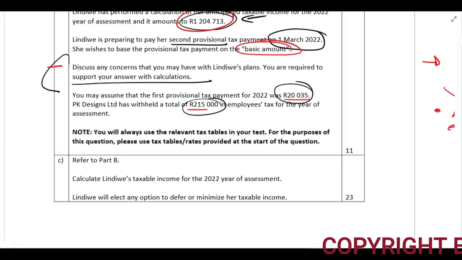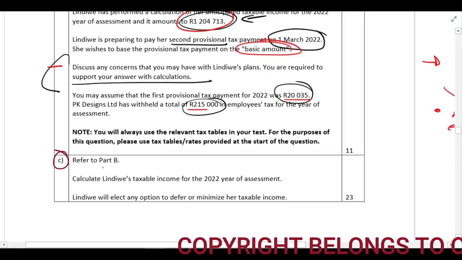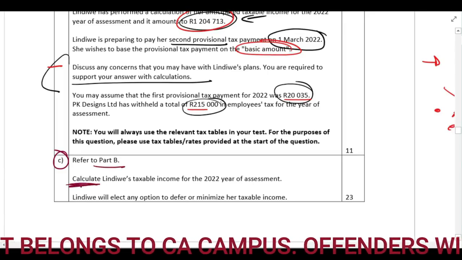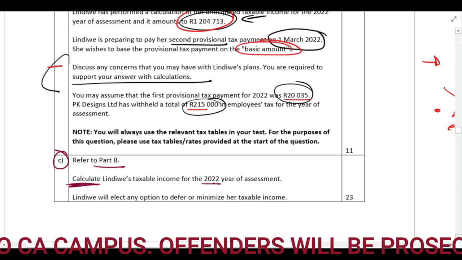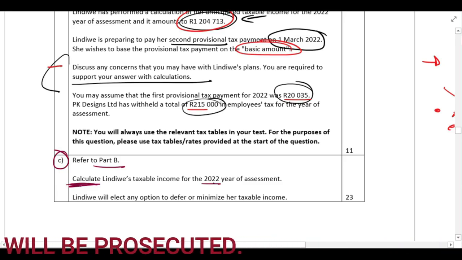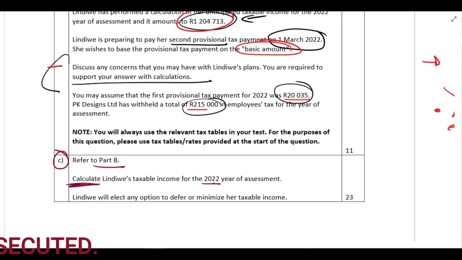Okay, so let's look at question C, and it says refer to part B. Calculate Lindiwe's taxable income for the 2022 year of assessment. Lindiwe will elect any option to defer or minimize her taxable income. Now guys, remember that means that she will elect any legal option which is available to her and not something illegal, for example. Please remember that, never ever illegal. So these are the things which the Act allows her to elect to